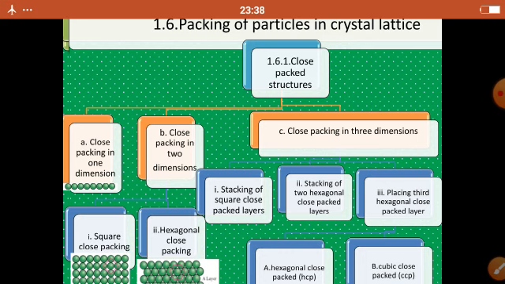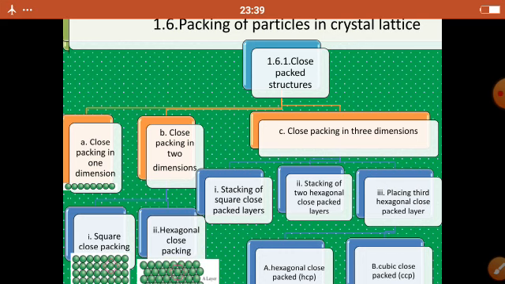So we can say that as the coordination number increases, the packing also increases. That is true in the case of hexagonal close pack, where the coordination number is 6, and in the case of square close pack, where the coordination number is 4. Therefore, definitely the arrangement or packing in the hexagonal close pack 2-dimensional is more than that of the square close pack 2-dimensional arrangement.